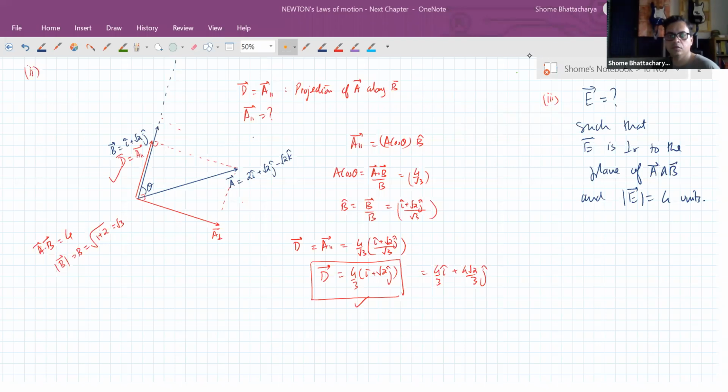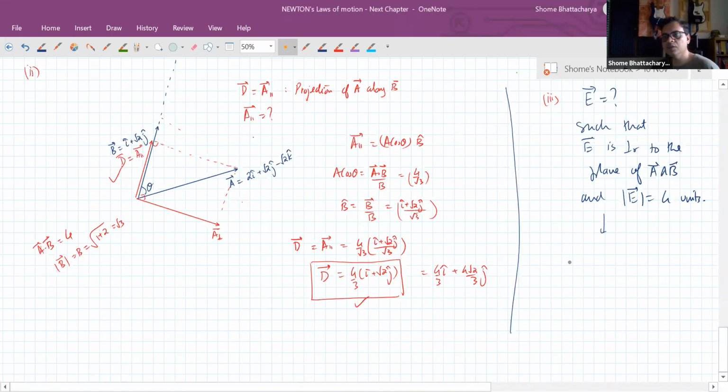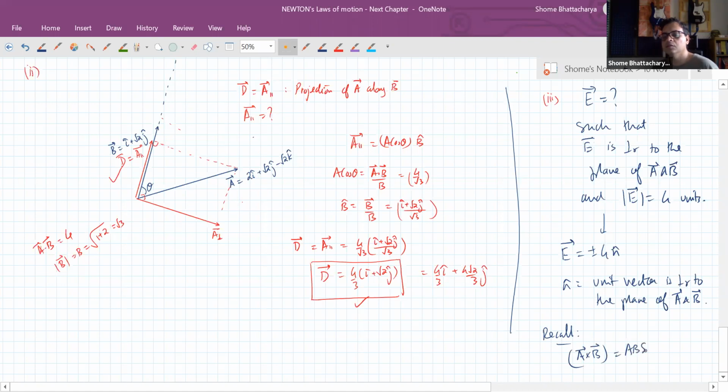Okay. Now let's come to this part. Now this is actually also a very direct question, because from this you will understand that the vector E should be plus or minus 4 of n cap, let's say, where n cap is a unit vector which has that property that it is perpendicular to the plane of A and B. Now, if you just recall your basics of vectors, you'll understand which is this unit vector. You'll recall that A cross B is a vector whose unit vector has this property. It is perpendicular to the plane of this. So this n cap is the same as this. It is a unit vector